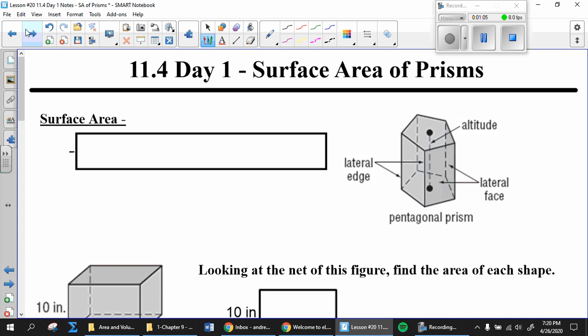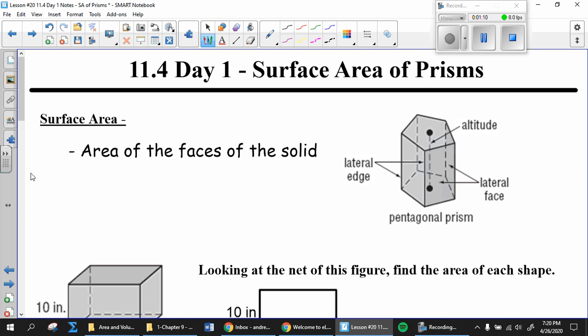All right, surface area. So remember, surface area is simply the area of the faces of the solid. So just like the name says, surface area, it's the area of the surface. So if you were to look at any three-dimensional shape, it is how much space, how much area is on the outside. Okay, and so if we're finding surface area of all these different solids, really all we're doing is we're taking all of these outside faces that make up this solid, and we're finding the area of them